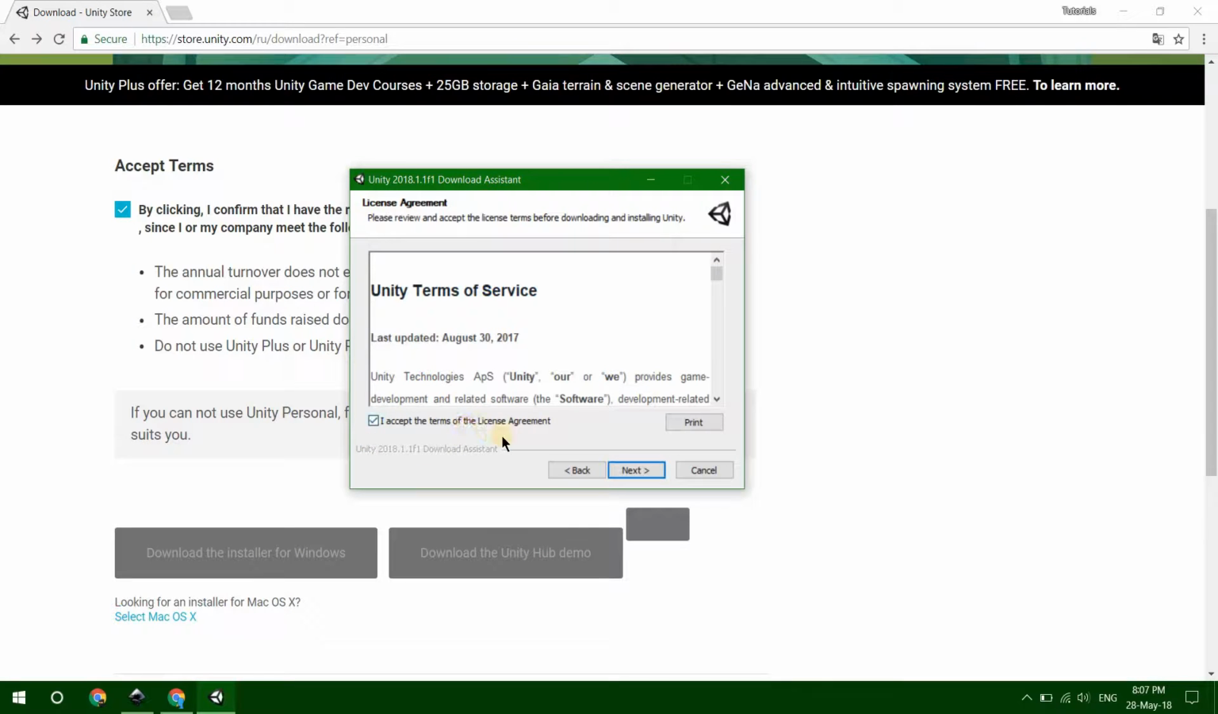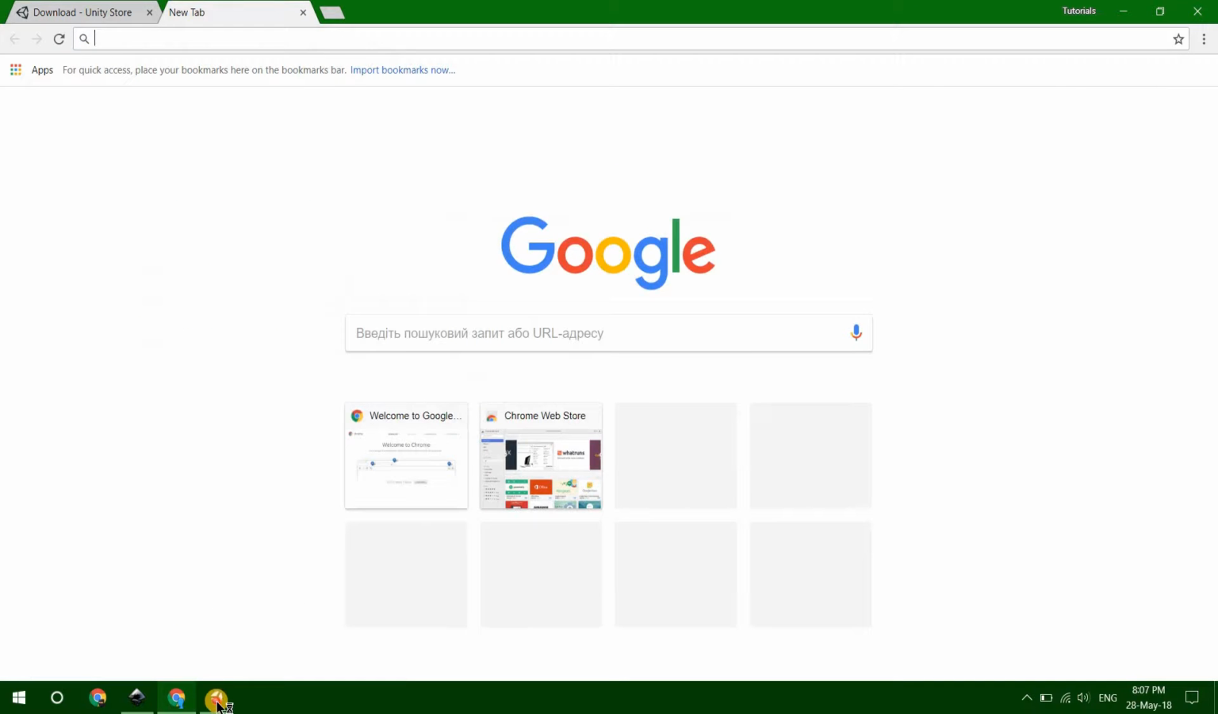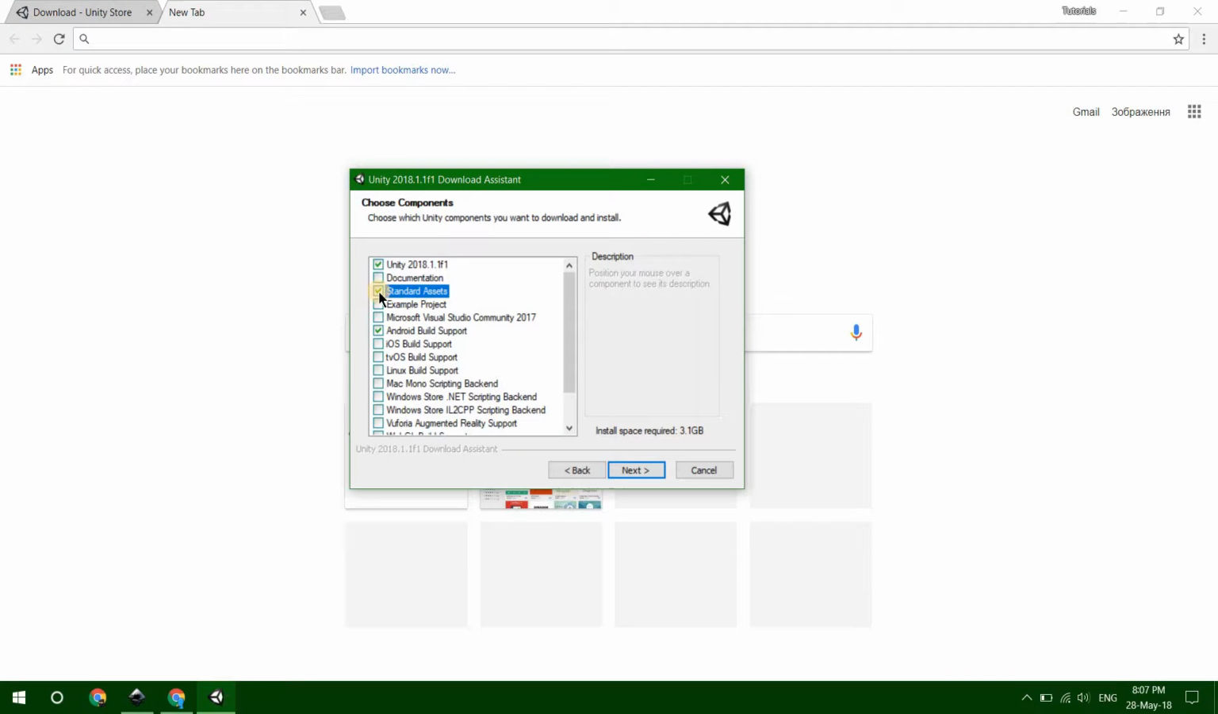It will ask you to accept the terms of the license agreement, click next. So what you will need here is of course Unity itself. You don't need documentation, we will be able to Google it anytime we want to. Standard assets, we won't need them as well. And by the way, all the checkboxes you will be able to download after installing Unity as separate packages, so don't worry about them. We don't need example projects. We don't need Microsoft Visual Studio Community, and we don't need Android build support for now, we will just install it later on. So when it is checked, click next,